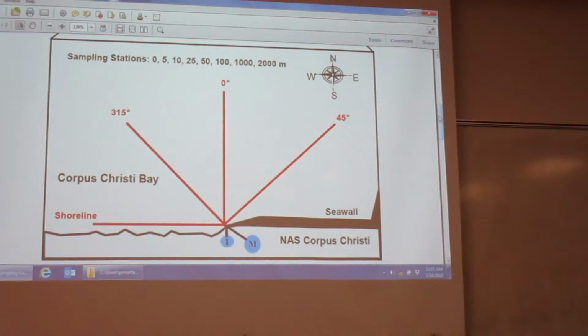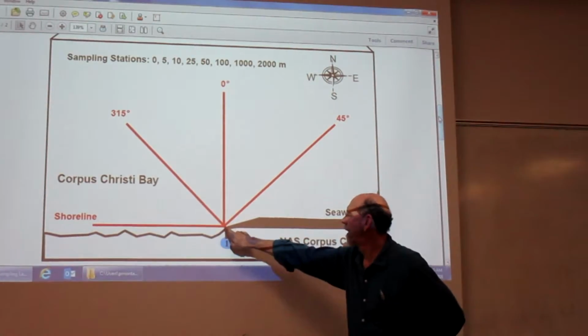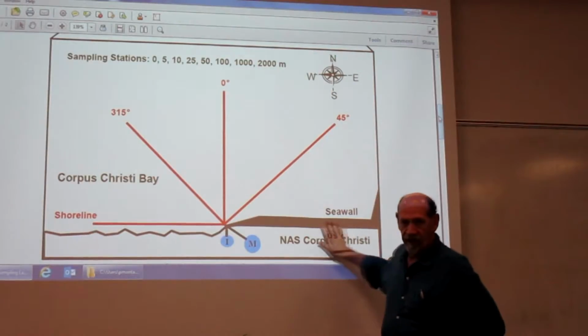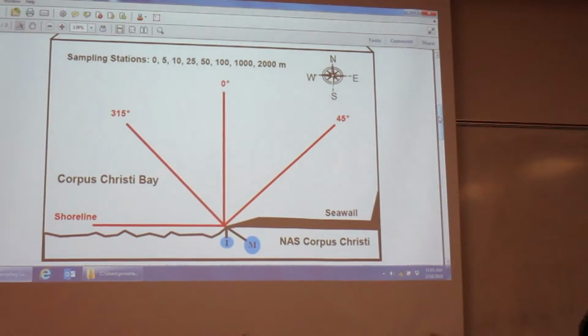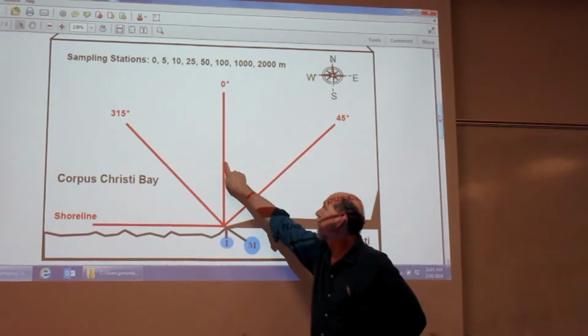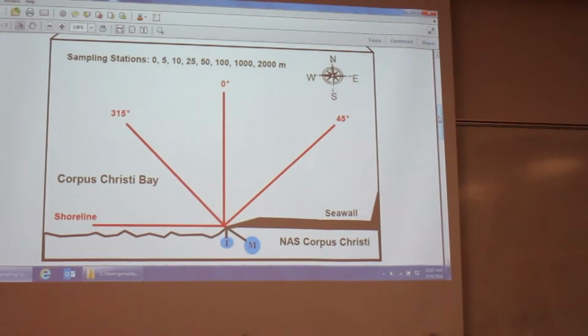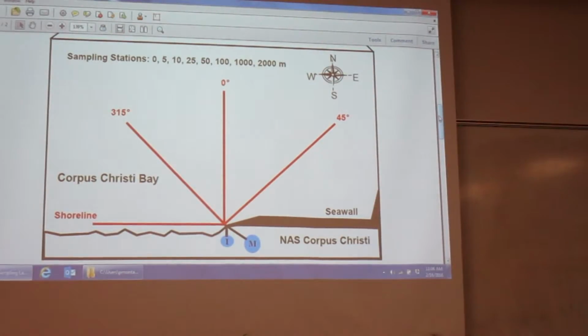it turns out that there's this outfall right over here, right at the edge of the seawall at the Naval Air Station. And so we had a project, and I wanted to know, is the outfall causing a problem in Corpus Christi Bay? And so that's why we actually went out and got this data. So far, I have showed you, I think, data from only 1 month along one transect, okay? And we actually sampled 3 times, so there's dates,